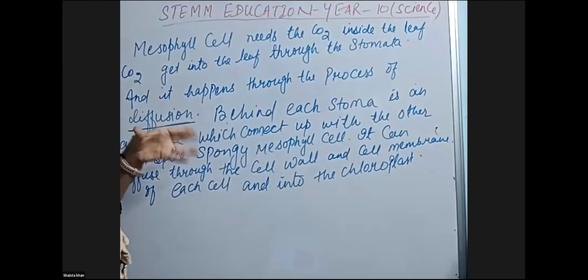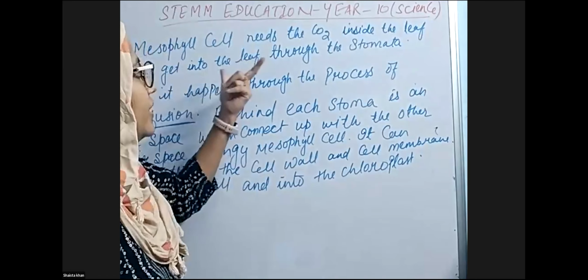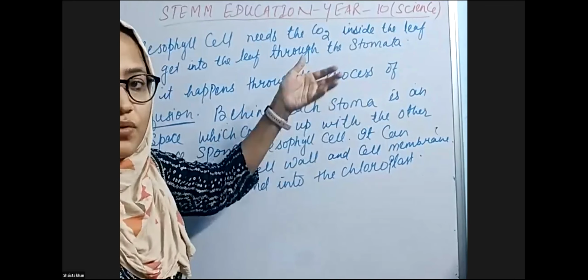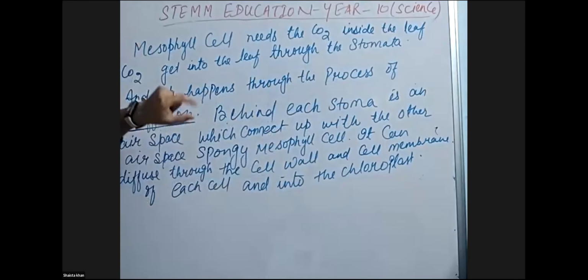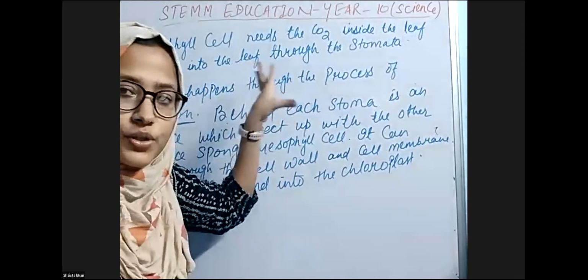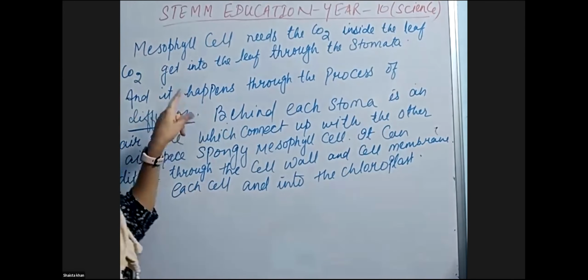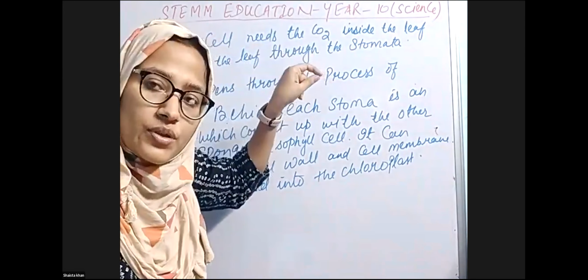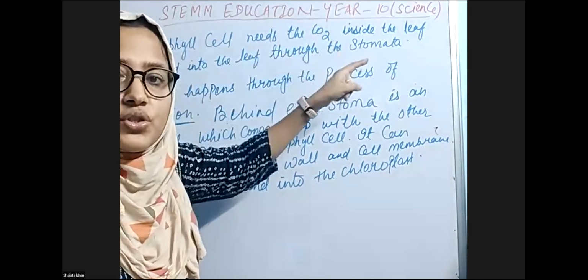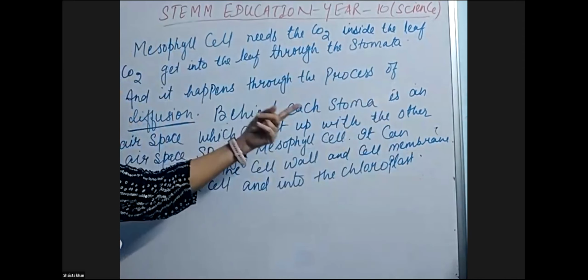Let me explain again. Here I'm writing about how carbon dioxide is absorbed into the leaf. First of all, the mesophyll cells need carbon dioxide inside the leaf, and it gets into the leaf through the stomata. It happens through the process of diffusion. Through diffusion, it goes to the stomata, and behind each stoma,